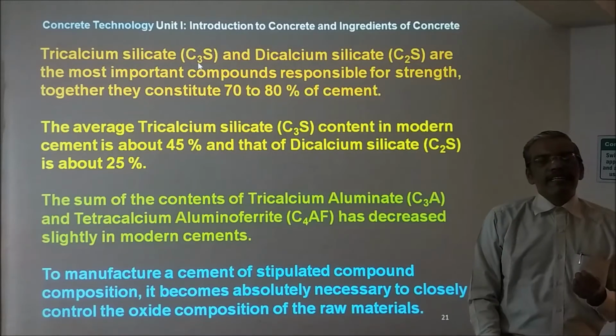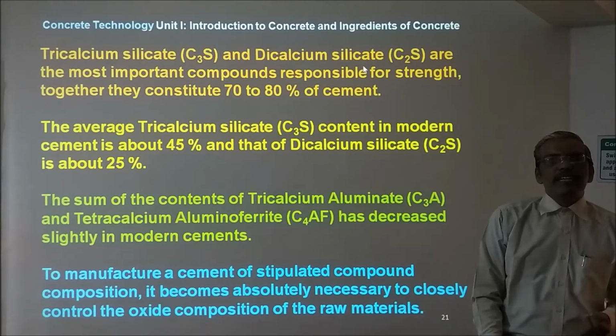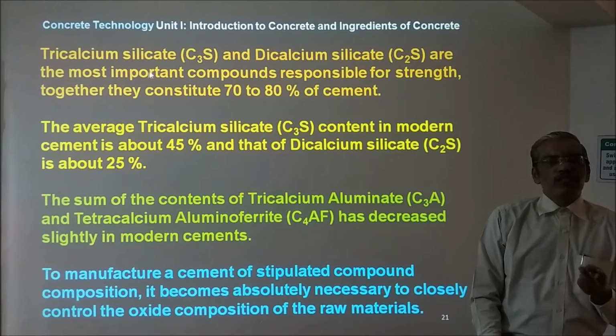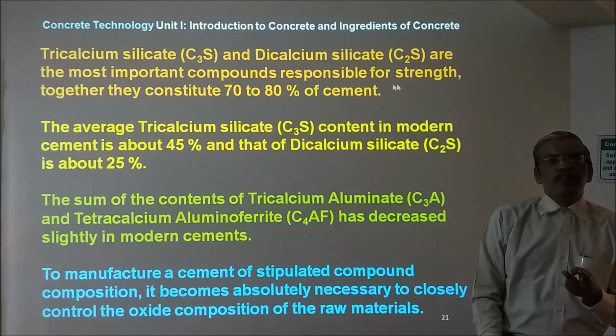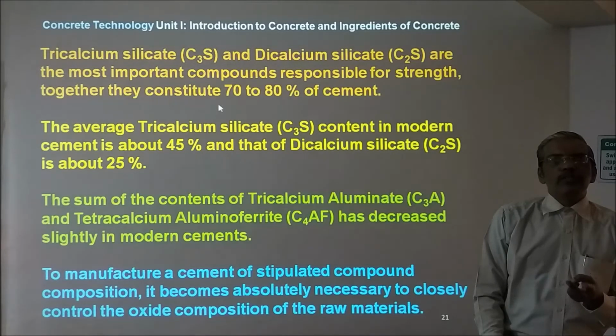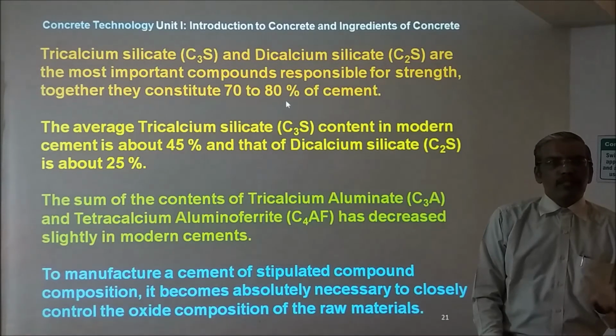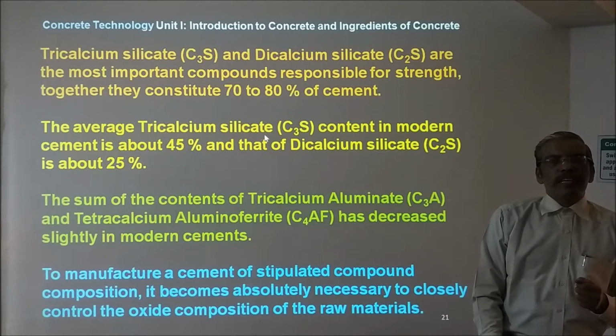The tricalcium silicate, that is C3S, and dicalcium silicate, C2S, are the two most important compounds responsible for strength. Together they normally constitute 70% to 80% of the cement. The average tricalcium silicate, C3S, contained in modern cement is about 45%, and that of the dicalcium silicate, C2S, is about 25%. The sum of the contents of tricalcium aluminate, C3A, and tetracalcium aluminoferrite, C4AF, has decreased slightly in